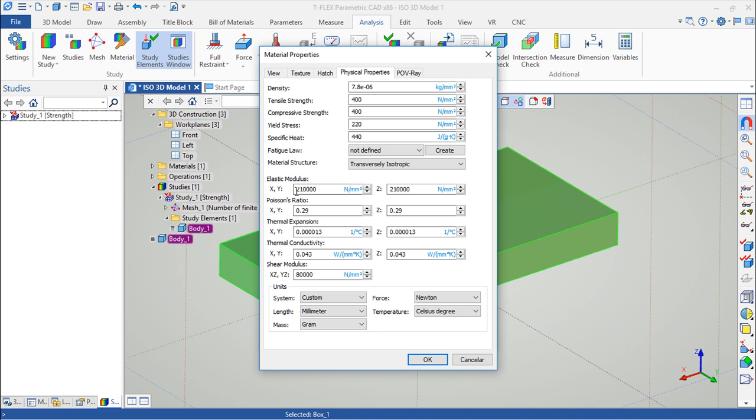It is grouped for the properties. It is grouped two axes from one side and another axis on the other side, but we can define, again, we have different dialog boxes. We can define also different values for these two fields. So a transversely isotropic material is a type of anisotropic material